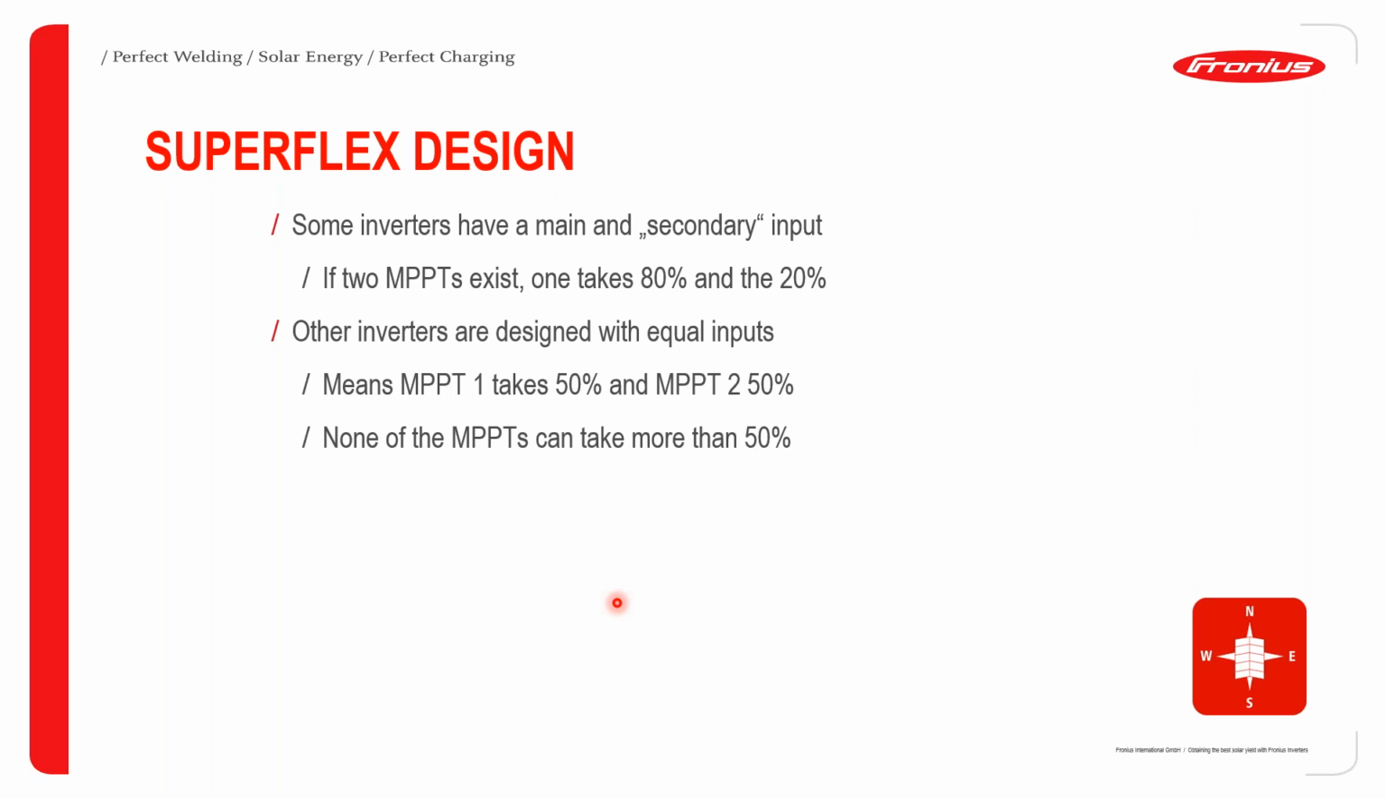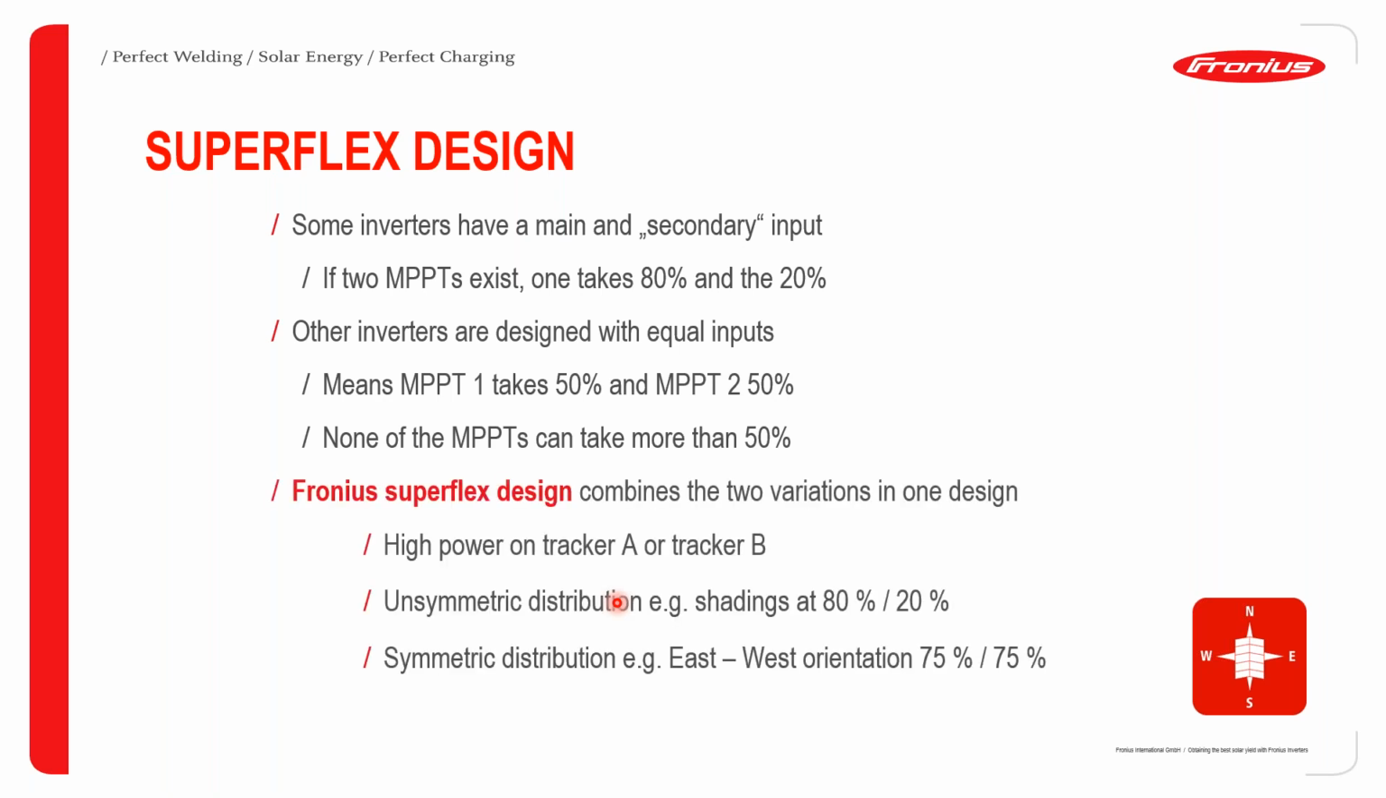So in these cases, if two MPPTs exist, one takes about 80% of the input while the other takes 20%. Other inverters tend to have equal design in terms of their input. So it means that MPPT1 takes 50% while MPPT2 takes 50%. Now it is also noted that none of the MPPTs can take more than 50%. So now this is where Fronius comes in uniquely, because the Fronius SUPERFLEX design combines the two variations stated above,